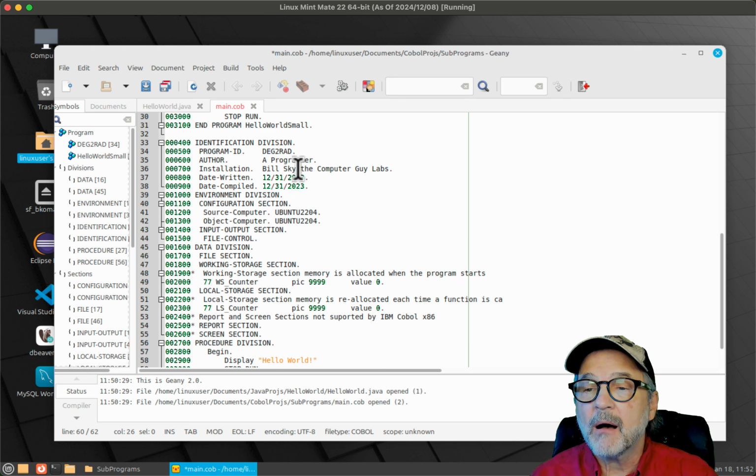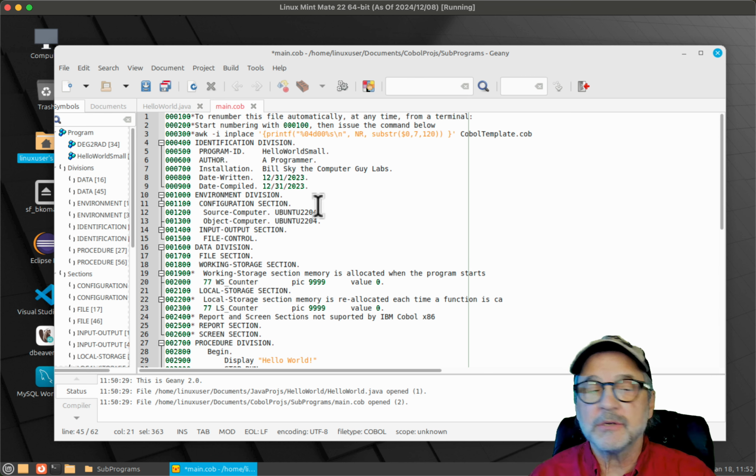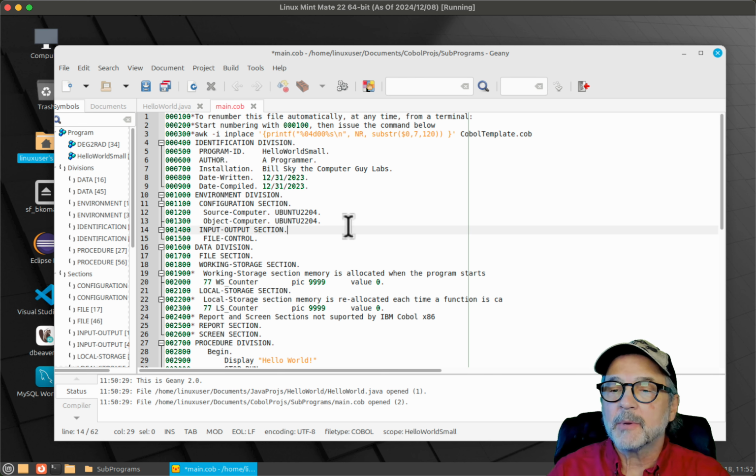Okay, now I'm going to want to go ahead and modify a bunch of this stuff. I want to make sure I put in the right information. The other thing I need to do is, if I'm going to be accessing the intrinsic functions of the COBOL compiler, in this case GNUCobol, I have to go down here to the object computer, and I'm going to say here